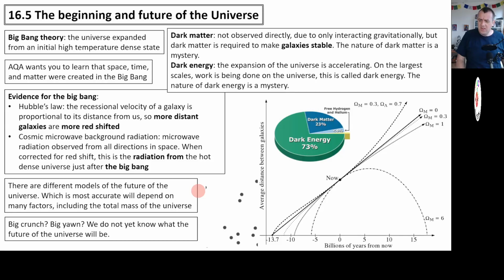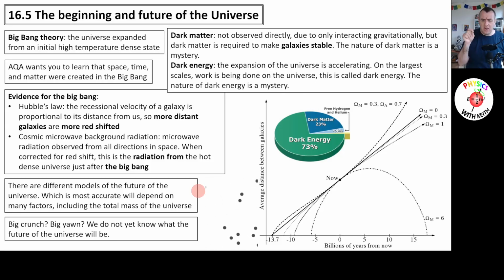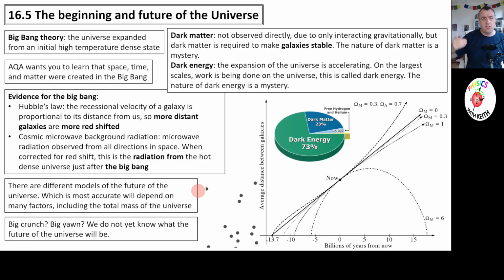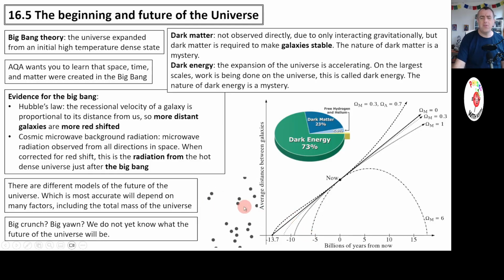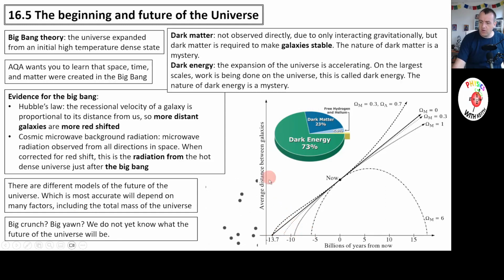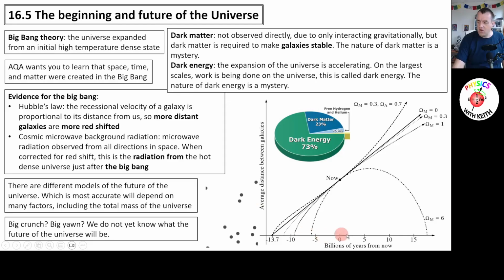So this is really interesting. If the universe expansion is accelerating, then that eliminates various theories that used to exist, that I was taught when I was at school. One of the theories that I found quite a satisfying theory was the idea of the Big Crunch. So if here we've got the average distance between galaxies, basically it's the size of the universe, and on the x-axis, time, we are at 0, that's us now, and the gradient is there, okay,